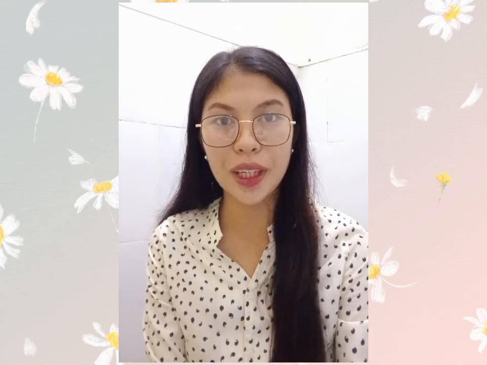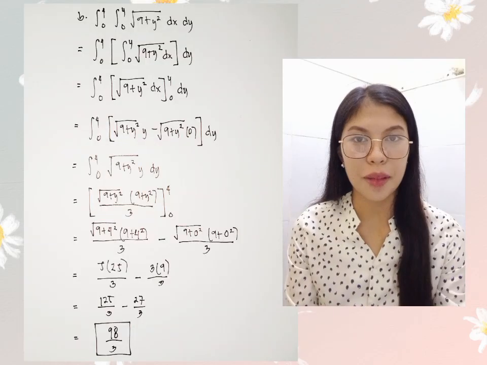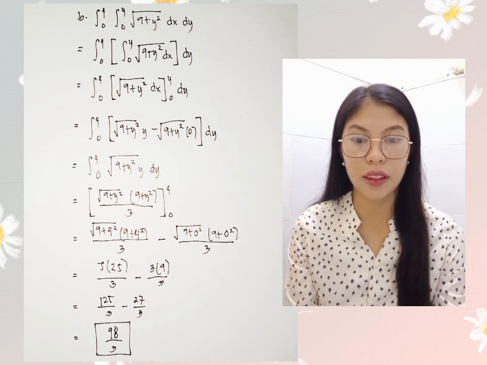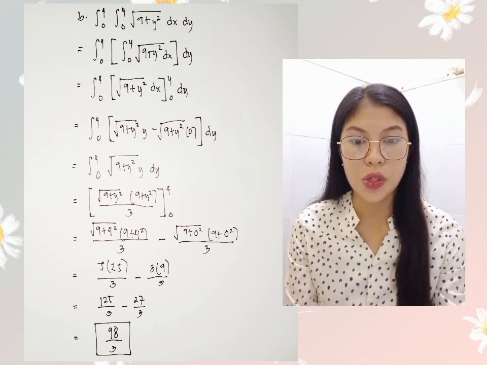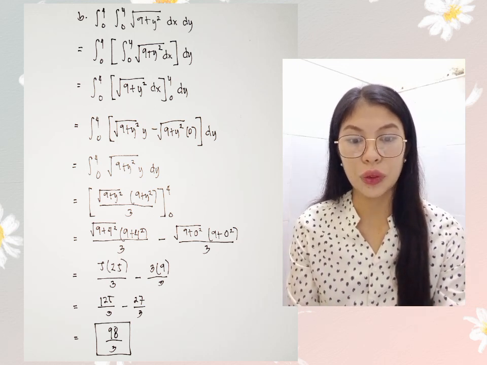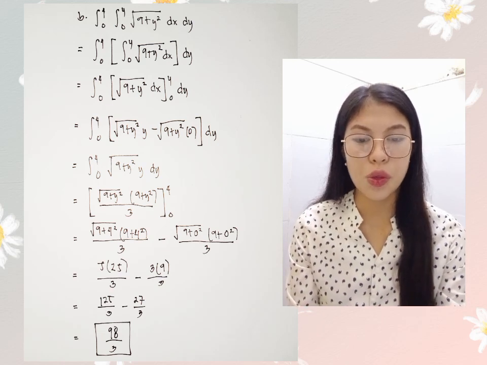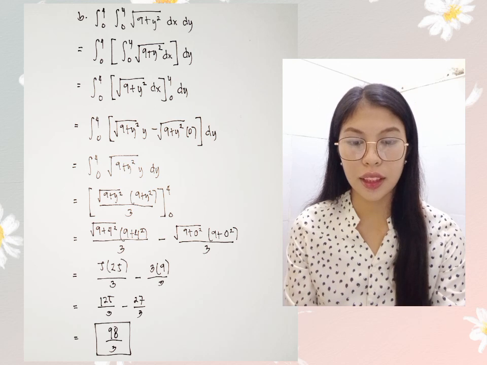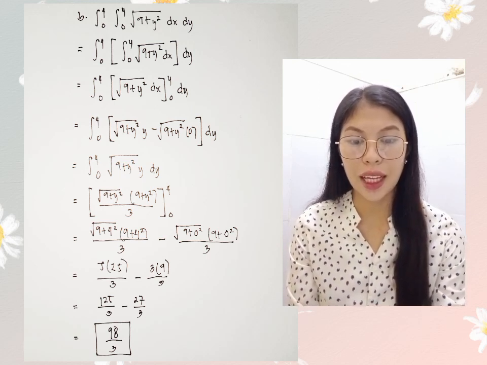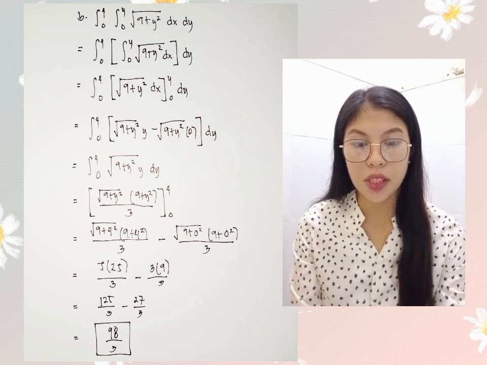So let us begin with item number 1, letter B. For item number 1, letter B, we have to integrate the first integral from 0 to y of the square root of 9 plus y squared dx. So we have to integrate and plug in y and 0. So we have an integral from 0 to 4 of the square root of 9 plus y squared times y minus the square root of 9 plus y squared